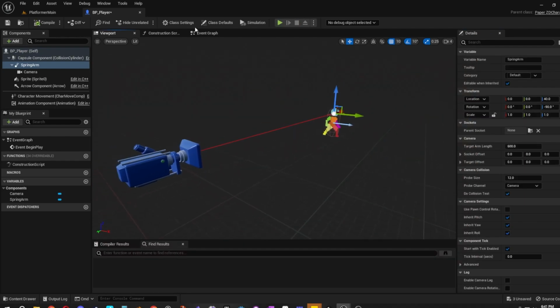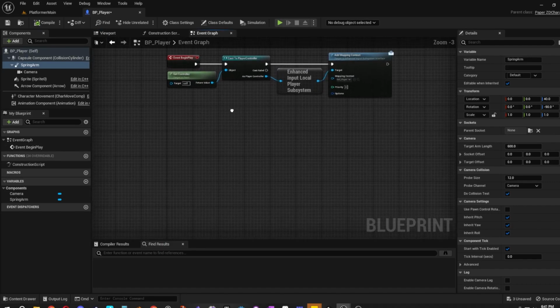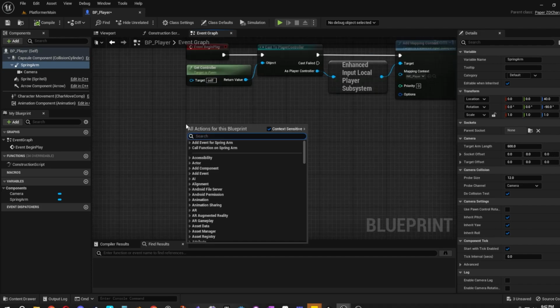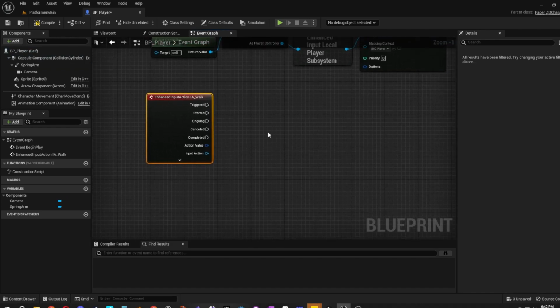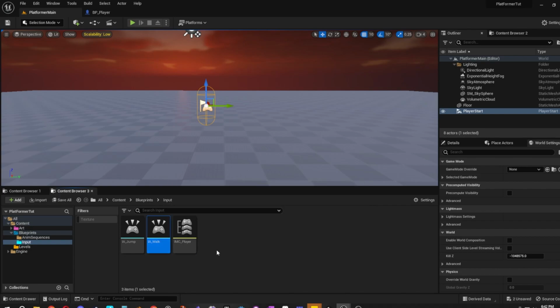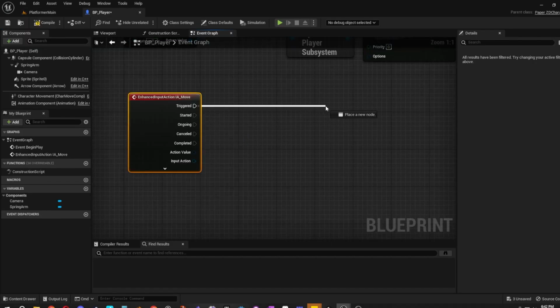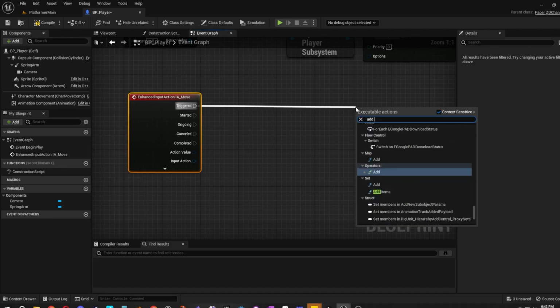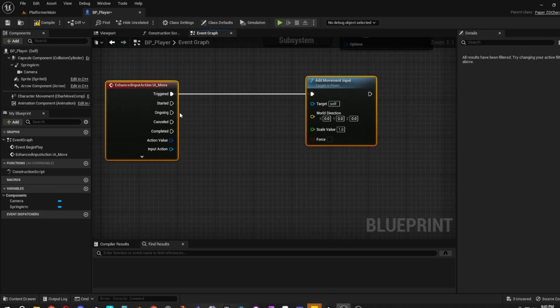Awesome. After you have your spring arm set up, let's finish up the input. You could put it wherever you want. I'm going to put it right below. So you're going to right click and search IA walk. That's going to be your move. And really quick, I'm actually going to rename walk to move. It'll make things just a bit easier. IA move. So triggered, drag it out, add movement inputs, enter, highlight, press Q to make sure it's straight